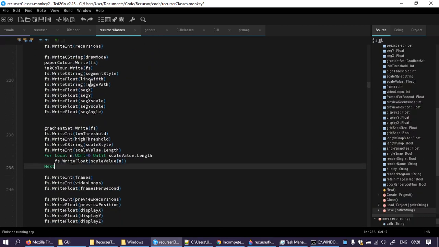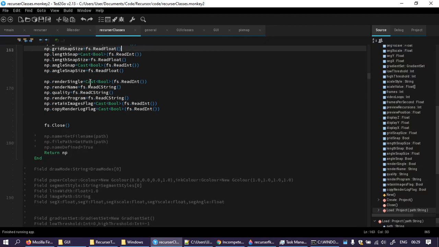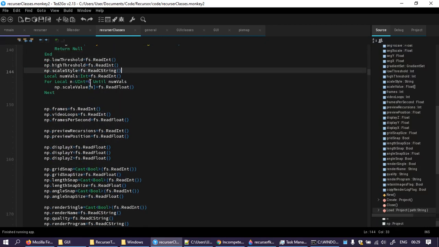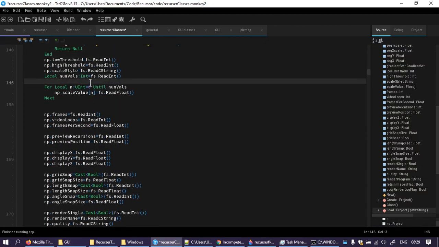It's immediately after the C string scale style. Then it writes the number of scale values it's got. So this really, like,